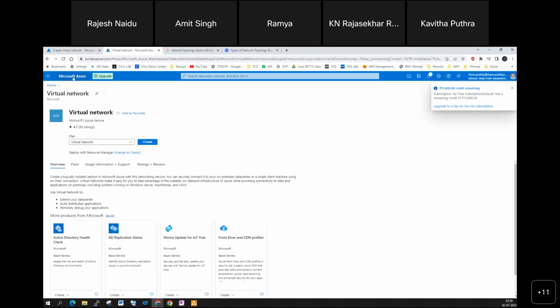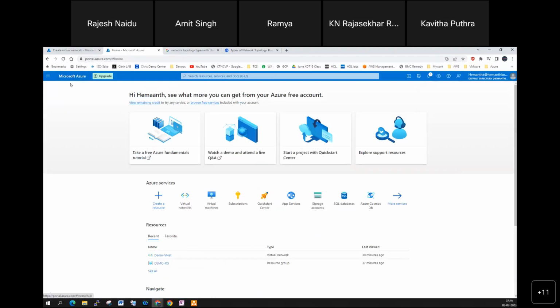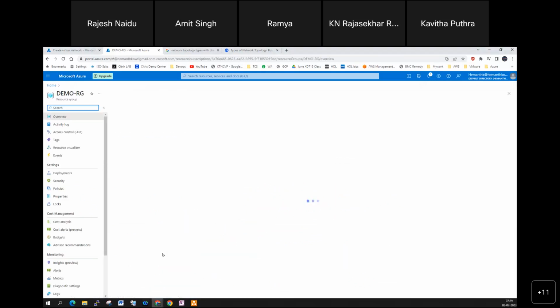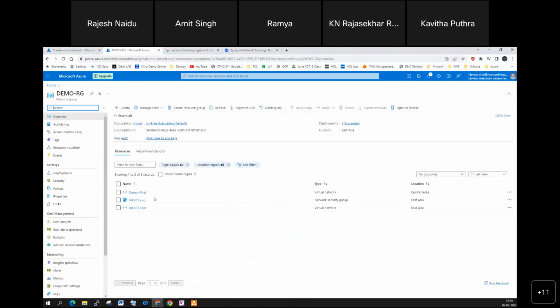And go back to the main screen. So there is a resource group, demo RG. Once you click here, you're able to see that the demo RG created the network in Central India. Central India. So now I'm going to delete